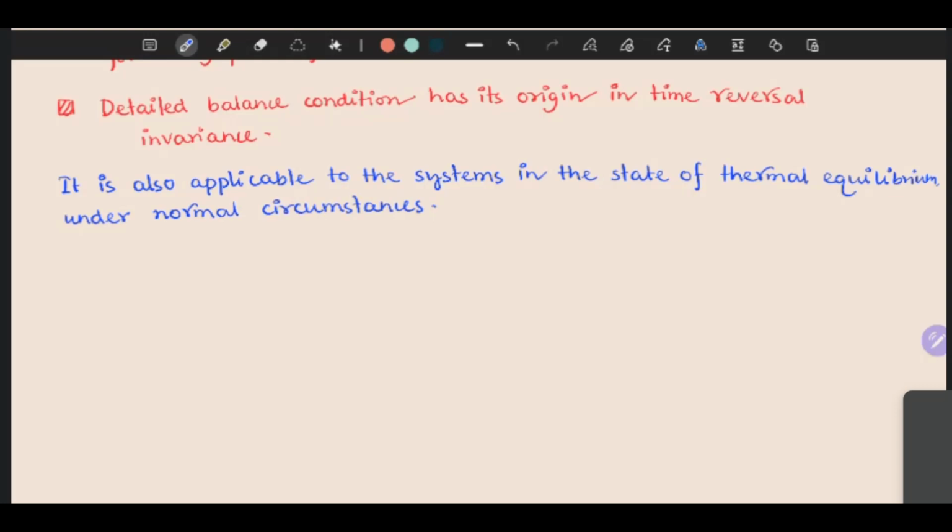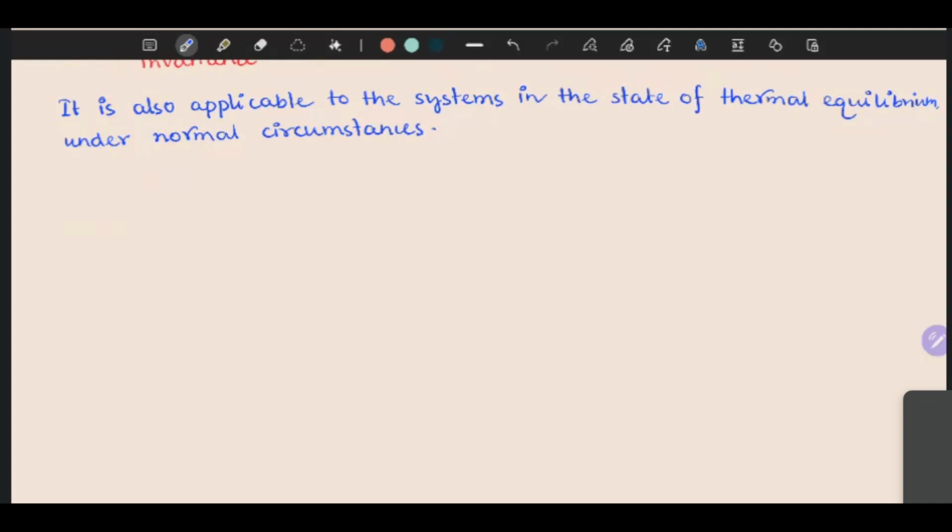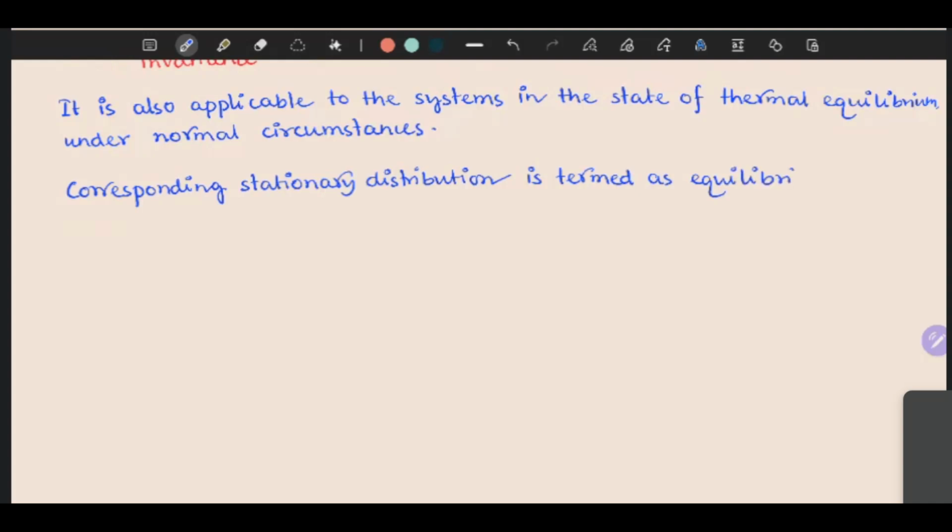Okay. So the corresponding stationary distribution can be termed as an equilibrium distribution, and the corresponding stationary distribution is termed as equilibrium distribution,